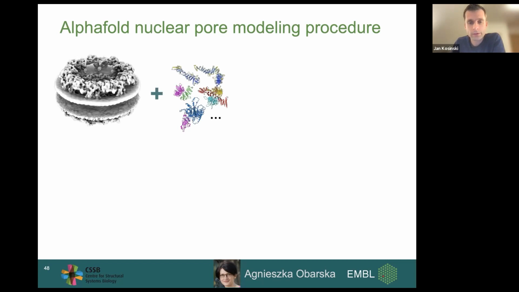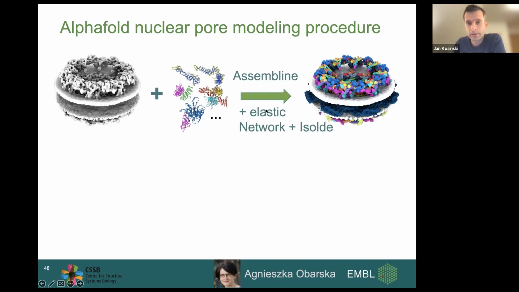And this is how it works here for the nuclear pore complex, which Agnieszka modeled. She took the electron microscopy map from Martin Beck's lab and AlphaFold models of different subcomplexes. And then she used Assembline to put it together. The new feature was a kind of elastic network that you can derive from overlapping models. For instance, if you have a model of AB, BC, and CD, you can put AB and CD as different rigid bodies, but then restrain the orientation of the 2 rigid bodies by an elastic network from the model of BC.